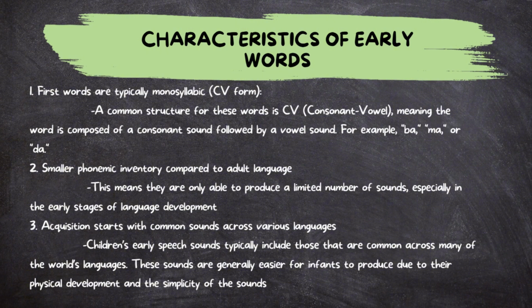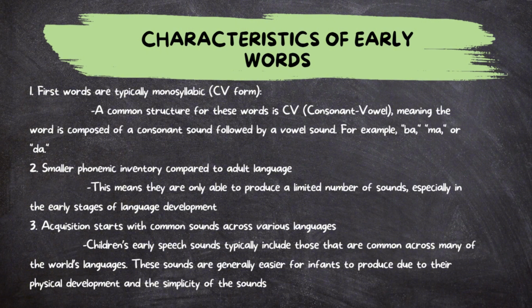In natural development, babies begin with these sounds because they are produced using basic articulatory movements that are easier for an infant's mouth and vocal tract to make. For example,